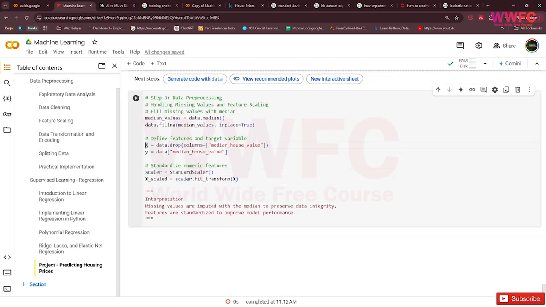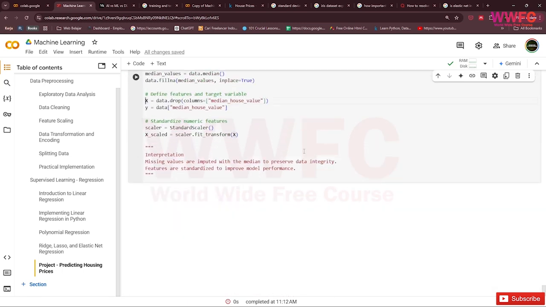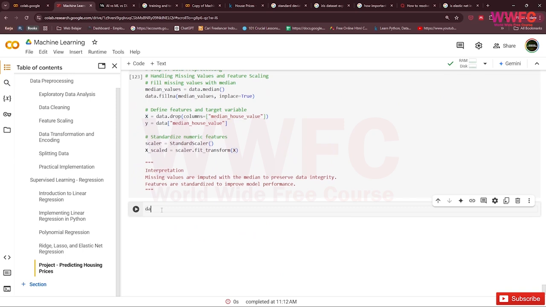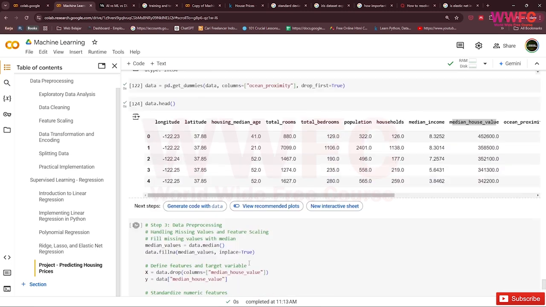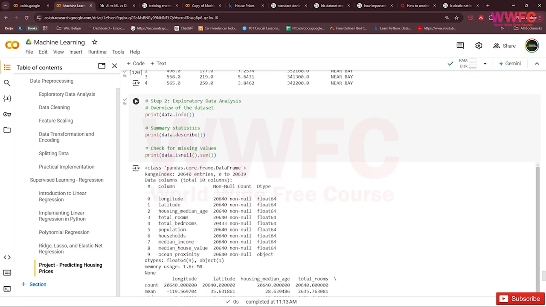If you check the data info, the total is 20,640, but total bedrooms is 20,433.